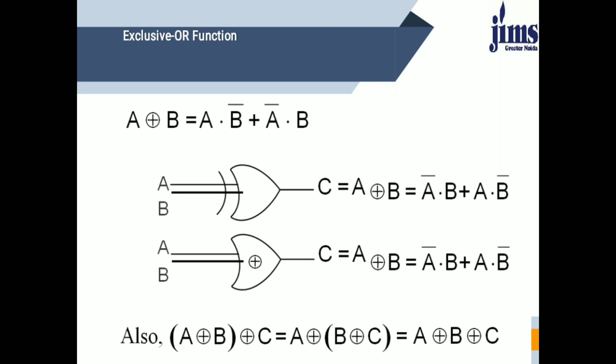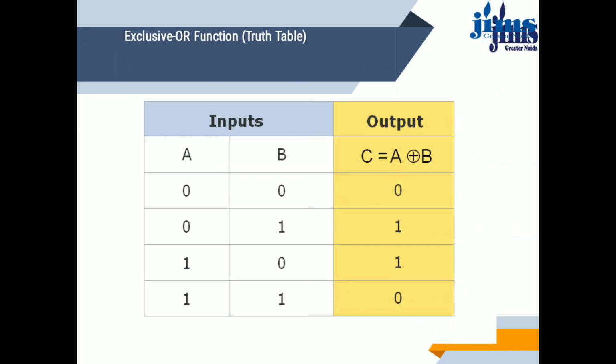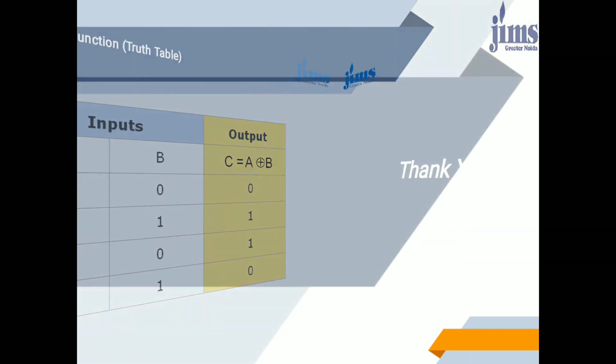Here a symbolic diagram is drawn. The truth table for this is: whenever all the inputs are, meaning when the inputs are the same, then it will generate 0. And if the inputs are odd, one different, then a 1 output will be generated. This is all about the logic.